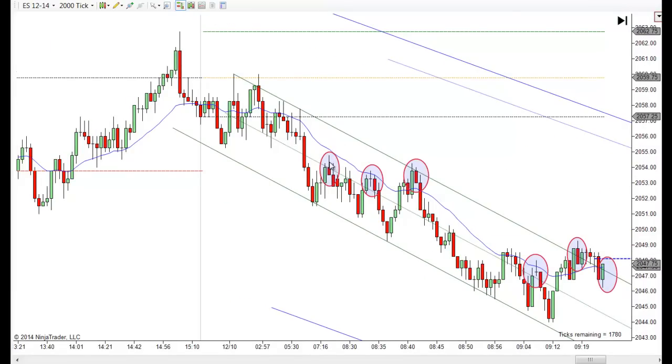The first one I saw, there's a nice second entry short here. Notice the new low, pullback first entry, pullback second entry. It's right off the EMA for the most part. It's right off that midline. A nice bearish bar. Look, closes on this low. You can go short there. There's a second entry short right there counting off the high, but I really didn't like that one. I think you were better to wait, because this is a little bit rangy looking by this point.